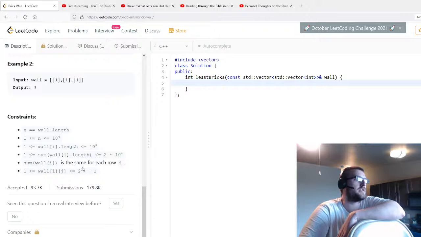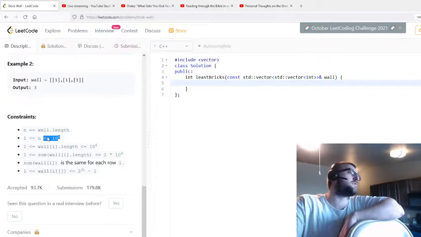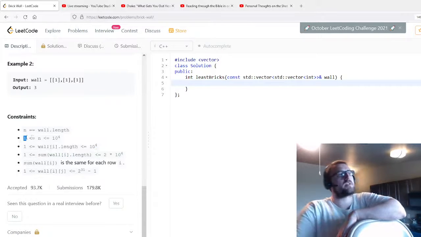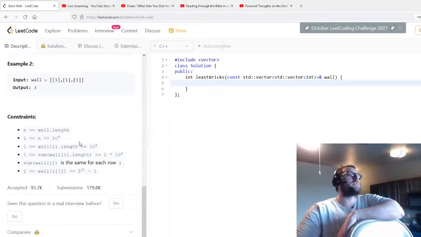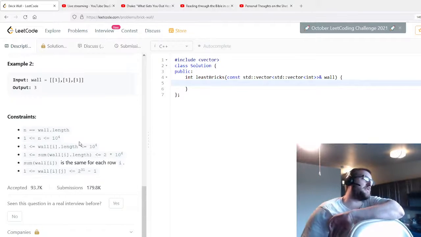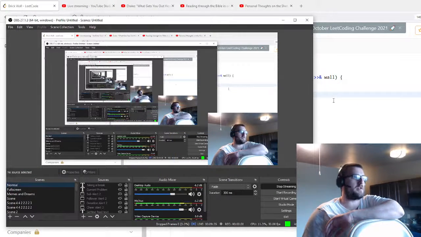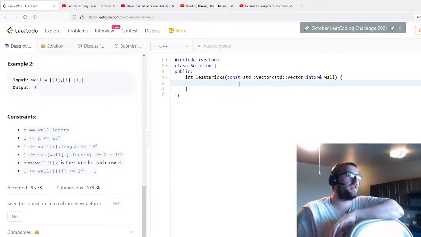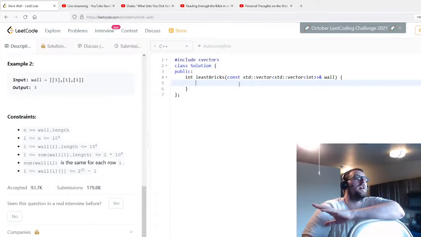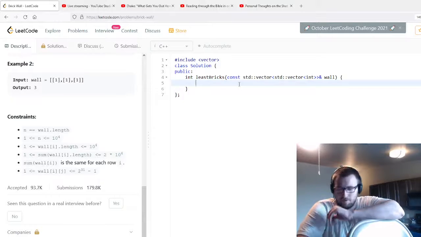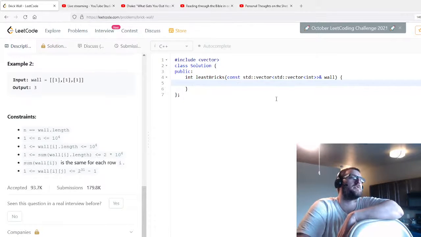And the problem with that is the size of the wall. If you can do that runtime, this is a very easy question. I can give you the answer right now. But if that's not efficient enough, the solution is relatively straightforward, but if it's not efficient enough, we have to find some kind of optimization where we don't visit every brick. I think you have to visit every brick,